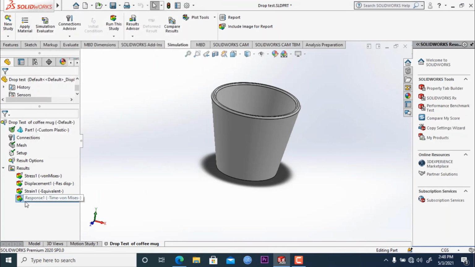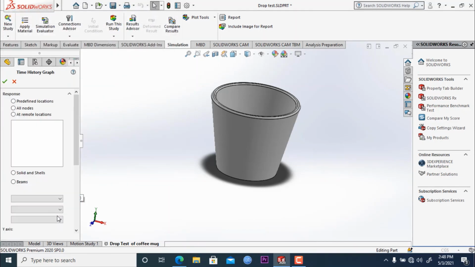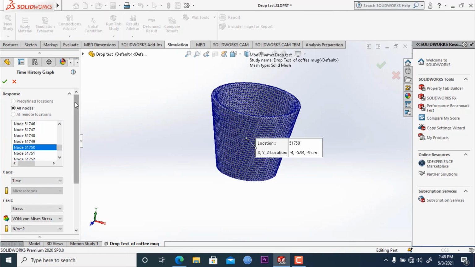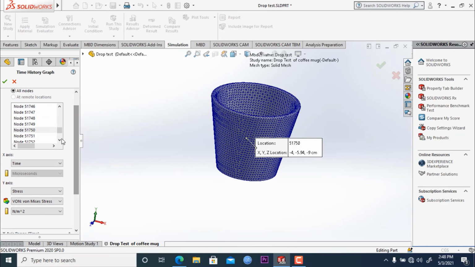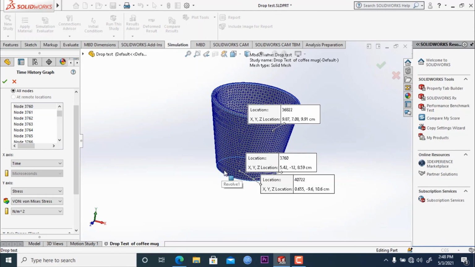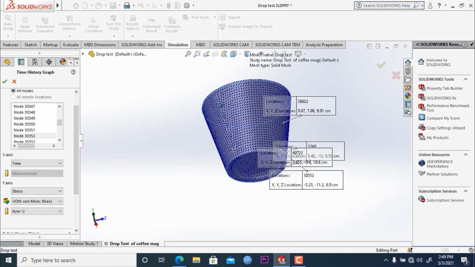If we just close it and select and show, we will go to edit definition, and go down here, and we will select a random node here, and if we go further down, we will select this node here, and you can directly select the nodes by clicking on them.